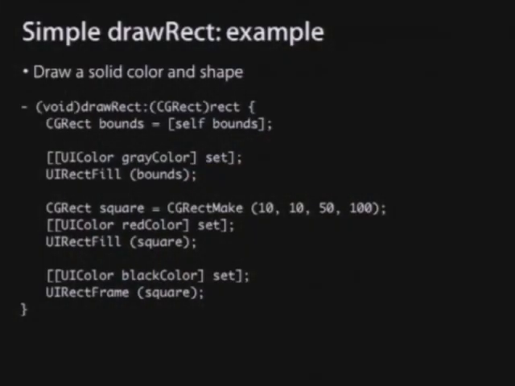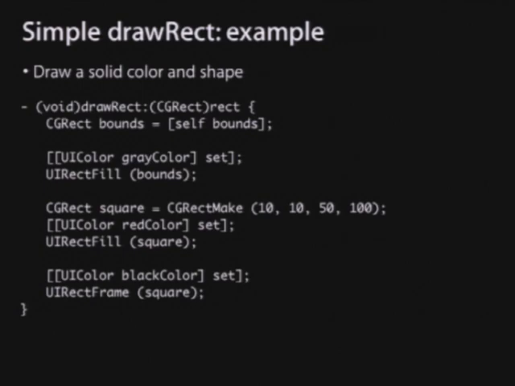All right, so here's a quick little DrawRect example. In this case, we're going to draw a, what is this? It's a square. OK. So we set the color to gray. We start by taking the convenience gray color UI color, and we say set. So we set the color for the context, and then we say rect fill on the bounds. And the bounds is the entire rectangle that was requested of us to draw.